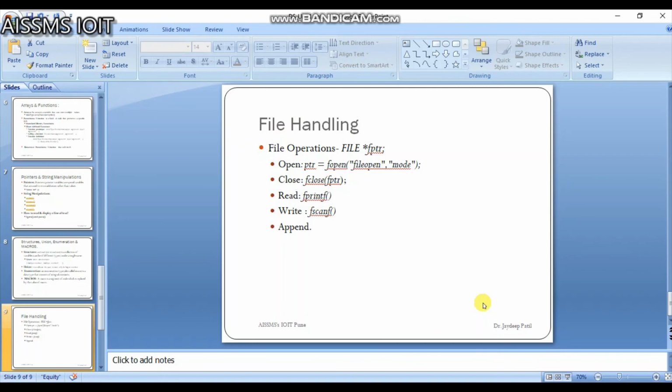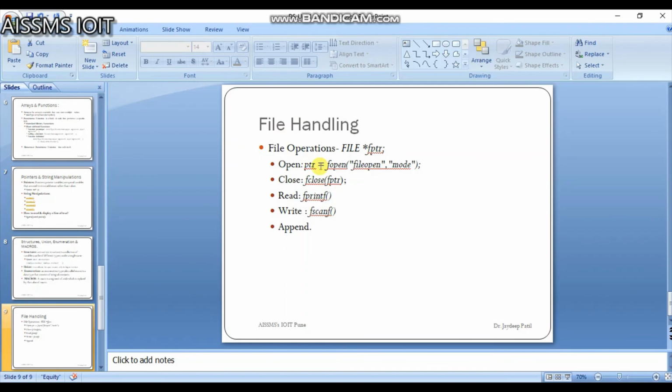In files, there are two types of files you can use here: text files as well as binary files. You can perform a number of operations on these files, such as creating a new file, opening an existing file, closing a file, and reading from and writing information to a file.